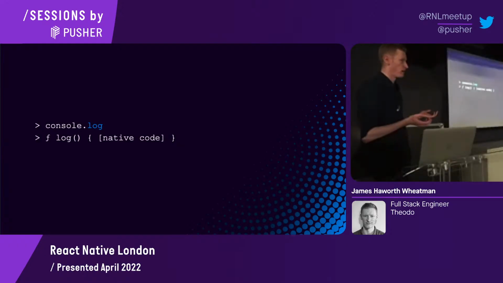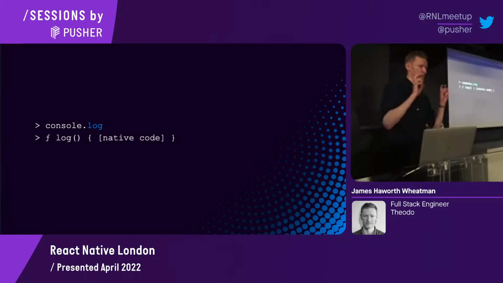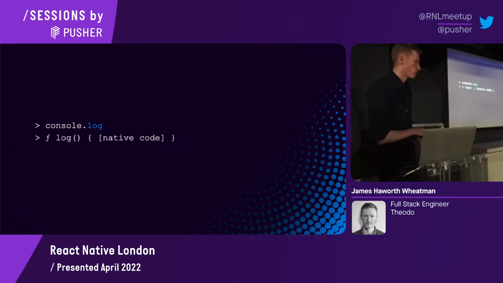It prints out the implementation, which is a function called log, and it says native code, which seems a bit obscure. But essentially, and I'm not sure how many people know this, the ECMAScript specification hasn't got any mention of console. So console is actually part of the web API. Depending on which browser you use, each browser implements the console differently.